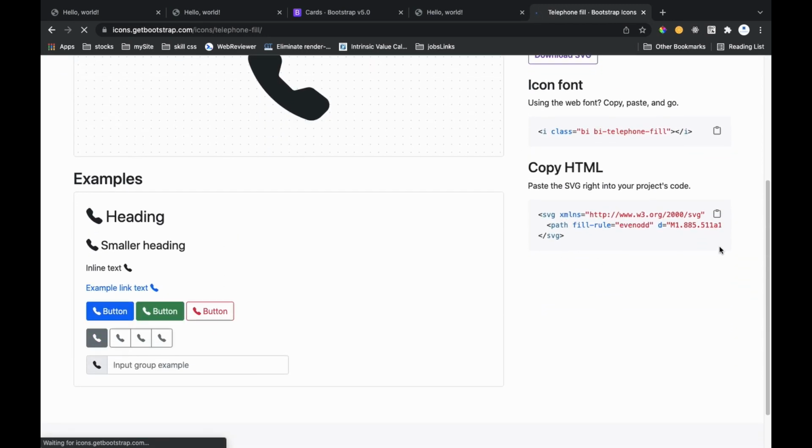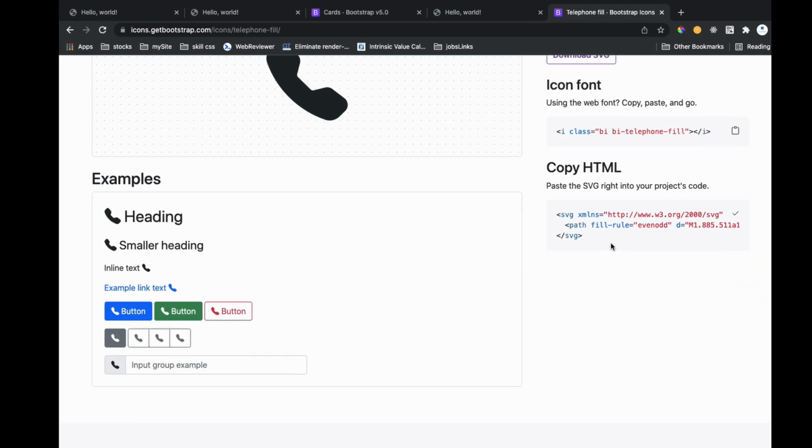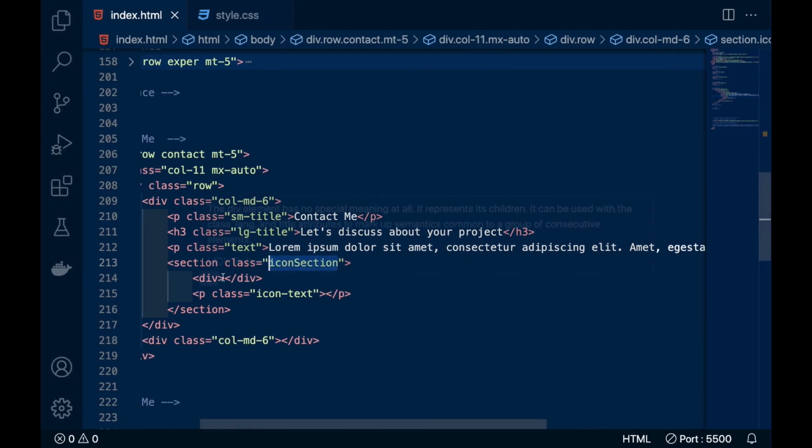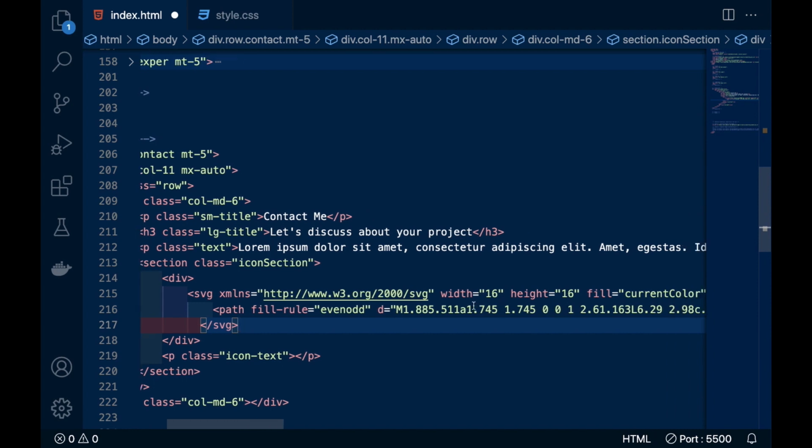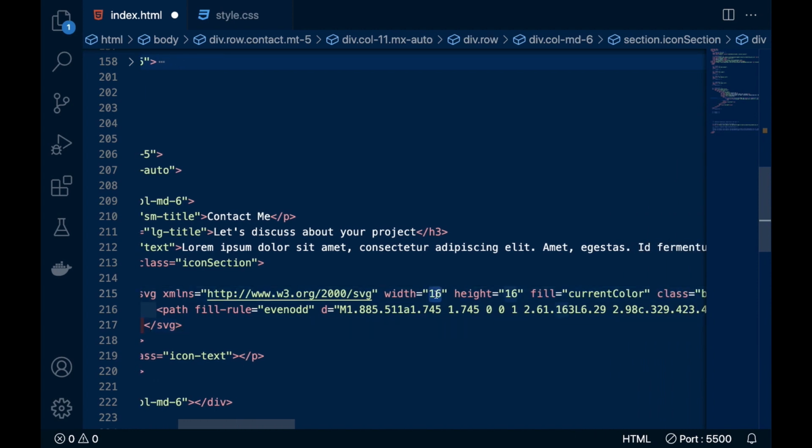So just once again we have to copy this SVG and paste it in the div we have kept empty for that, and size would be 30 and color would be red.